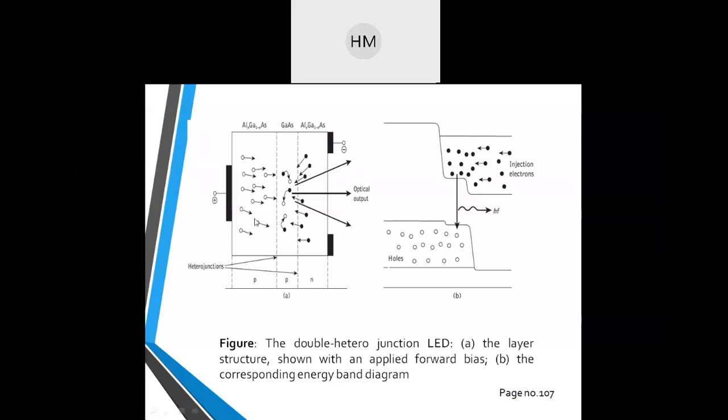When a forward bias is applied, positive and negative, what will happen? Electrons from the N type layer are injected through the PN junction into the P type gallium arsenide layer, where they become minority carriers. Electrons will move to this side, holes will move to this side. Here they will be confined as minority carriers. These minority carriers diffuse away from the junction, recombining with the majority carrier holes as they do so. Photons are therefore produced with energy corresponding to the band gap energy of the P type gallium arsenide.